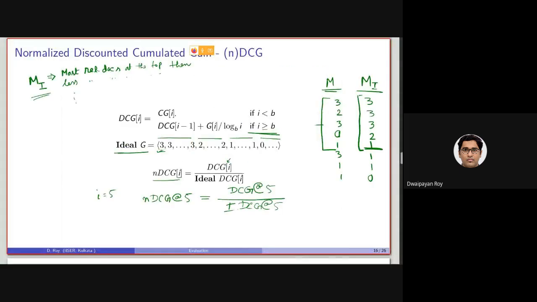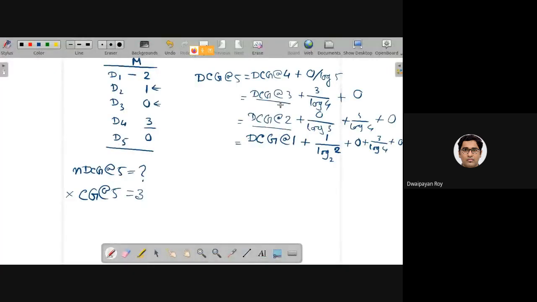Now DCG at 1, when it is 1, is less than b. Here the value of b is 2. So here we are computing DCG at 1, so it will be CG at 1 plus 1 by 1 log 2 plus 0 plus 3 by, I'm directly writing it, 2, which is log 4 base 2, and finally CG1 is basically 2, isn't it?